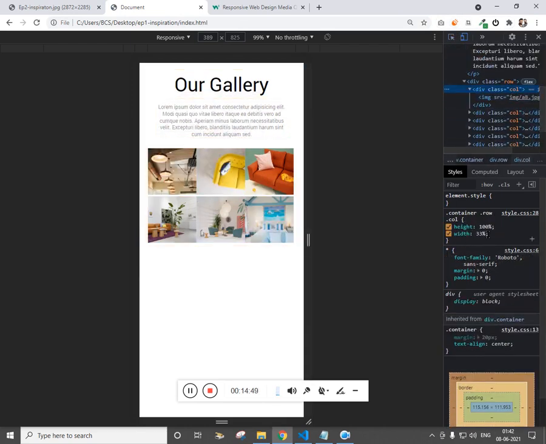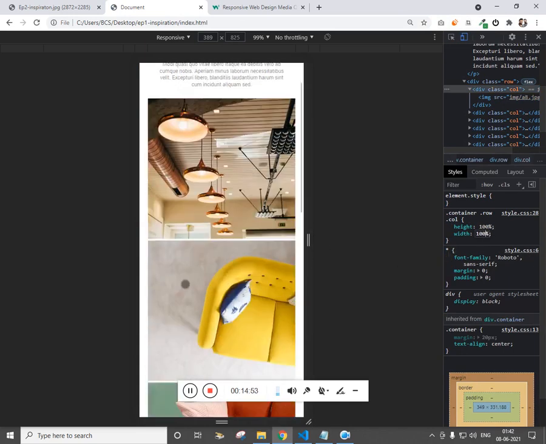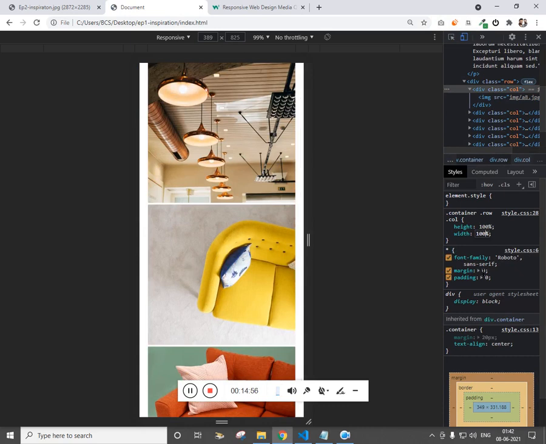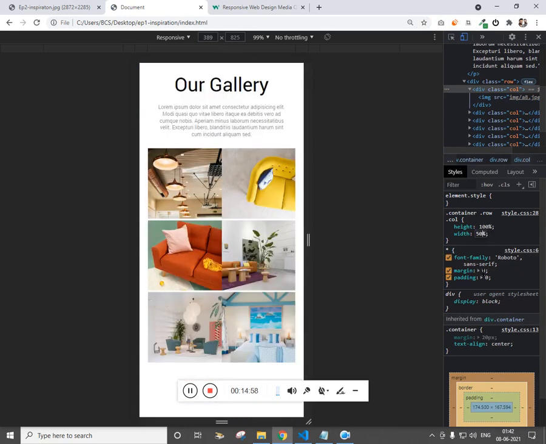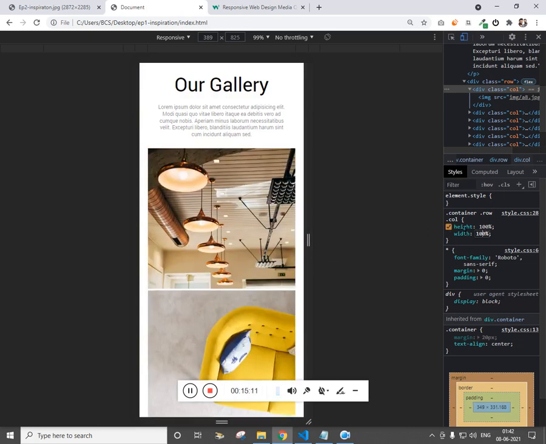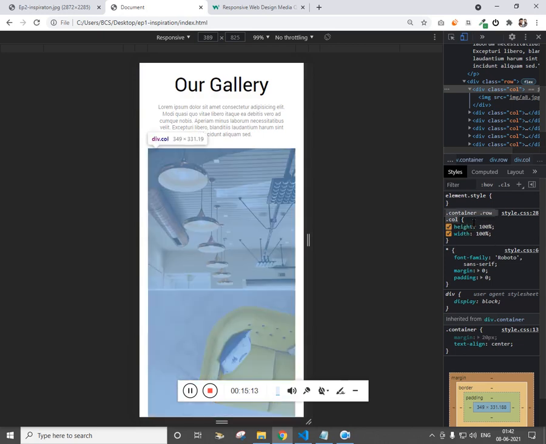Now as I said, for the desktop, the column is going to have the width of 100%, or you can make this 50 for the mobile screen. So 50 looks cool, or let's make this 100 for what we call mobile screen.